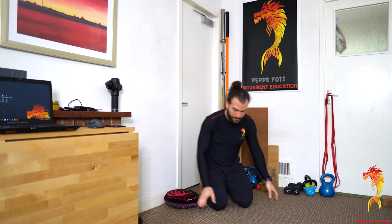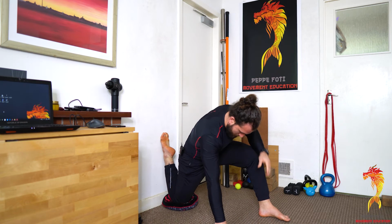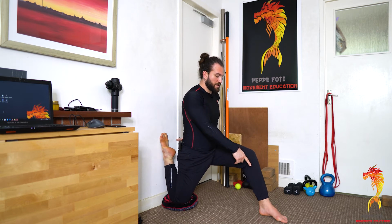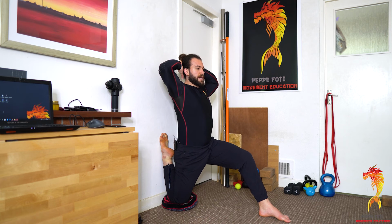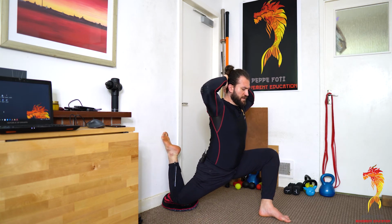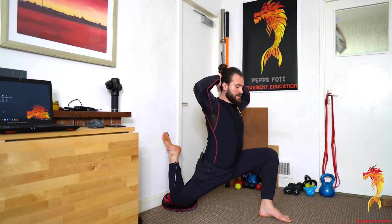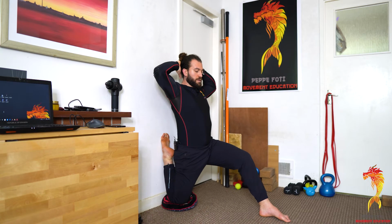And we are going to repeat the same process on the right leg. So from here we set up in the stretch. Remember, the foot is further forward than the knee, hands behind the head, and down we go. Lunge, deep, deep, find the end, fight for more, and all the way up. That's 1. Lunge, down, down, down, and all the way up. 2. Lunge,